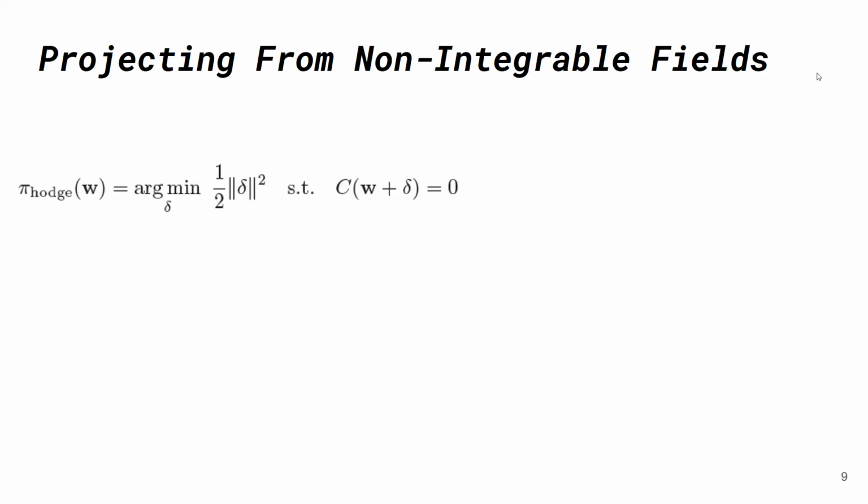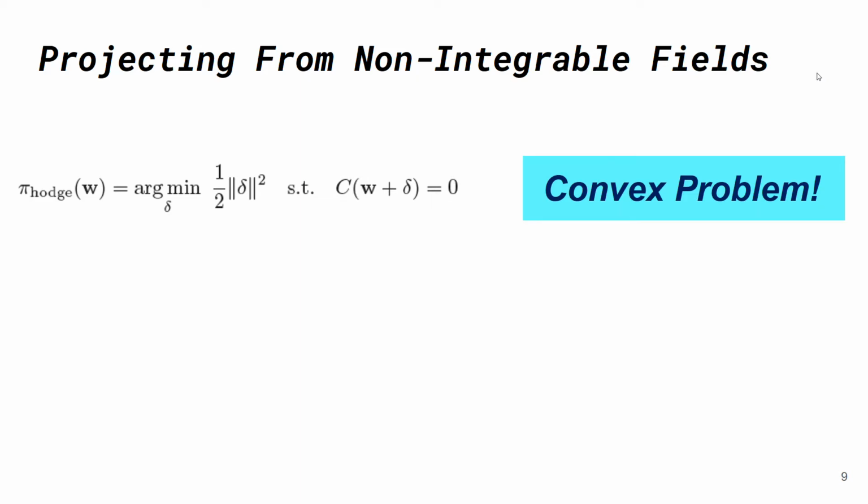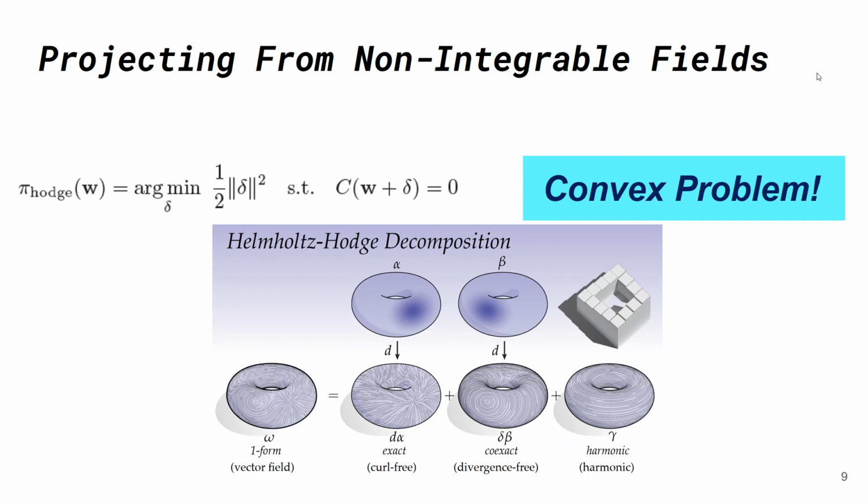And this, by saying that, given a vector field W, we can look for the smallest displacement from our field which satisfies this linear constraint per edge. And this is a convex problem. It's just a linearly constrained quadratic program. And it's also a funny way of writing down something known as the Hodge decomposition, which is